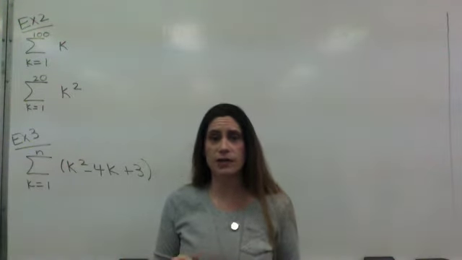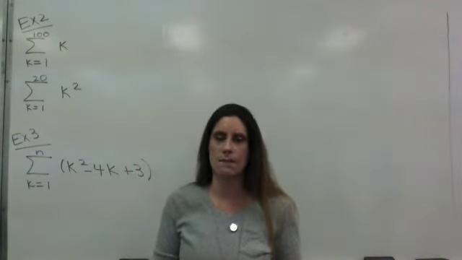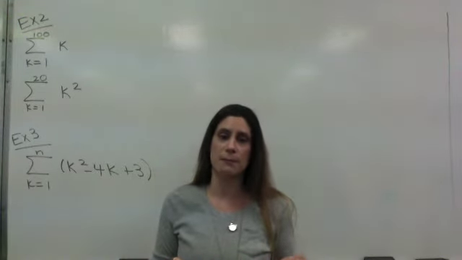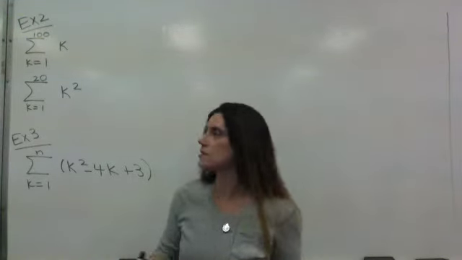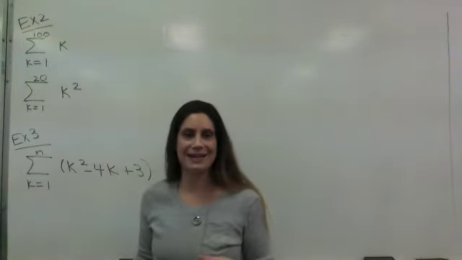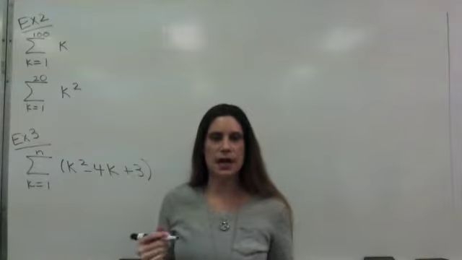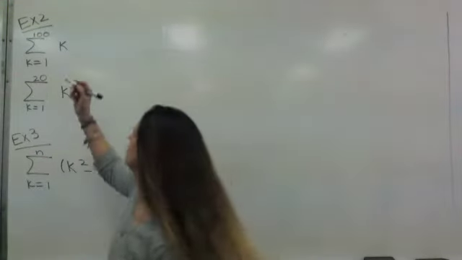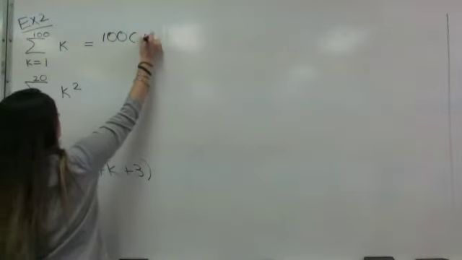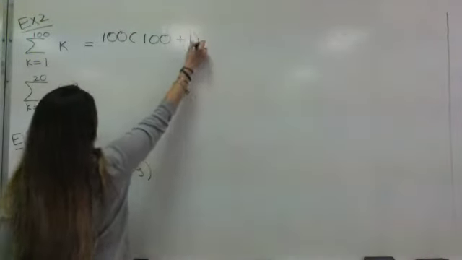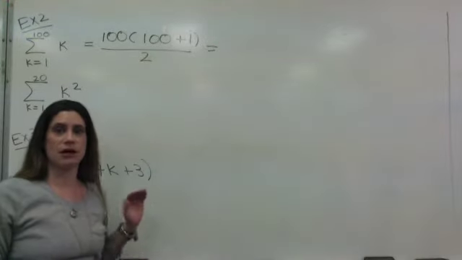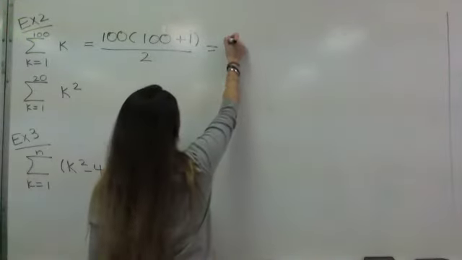And you could type that into your calculator, but it's going to take you a long time. With the formulas on the previous page, all you have to do is plug the top number in for all of the n's. So 100 is our n, and our formula, when it's just a plain k, is n times n plus 1 over 2. So when you plug that in, it's just going to give you 100 times 100 plus 1 over 2. And that's easy to type into the calculator one shot. It gives you